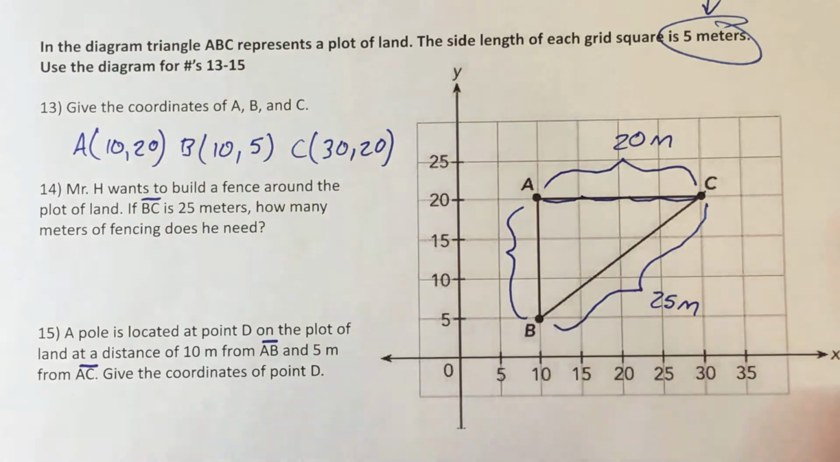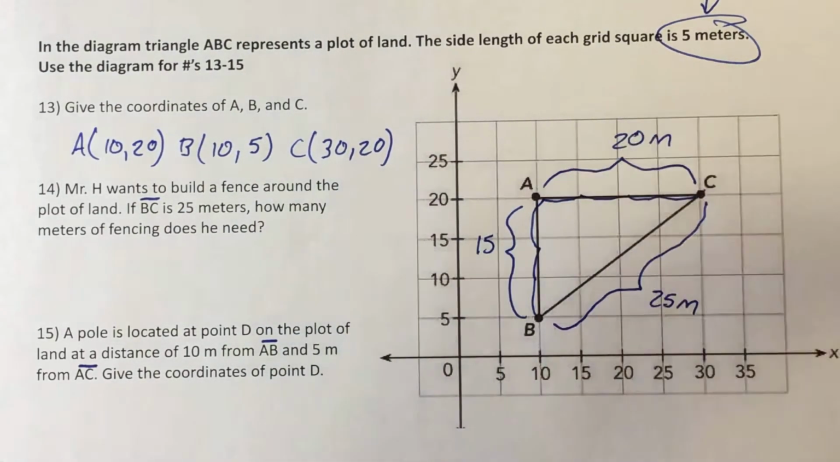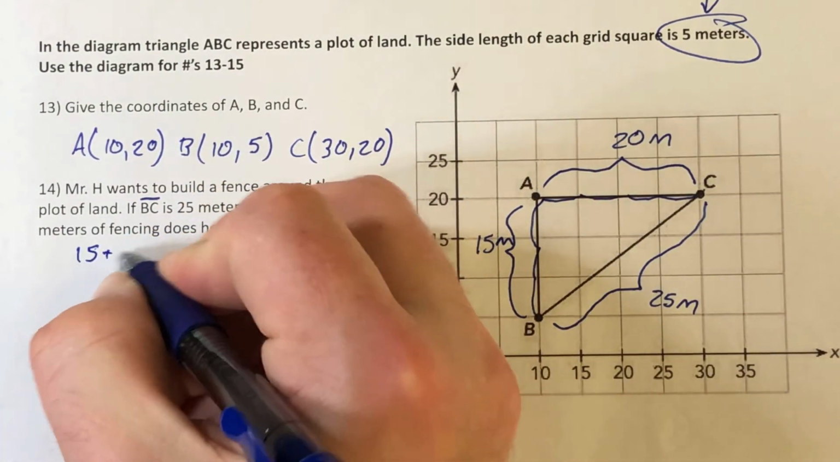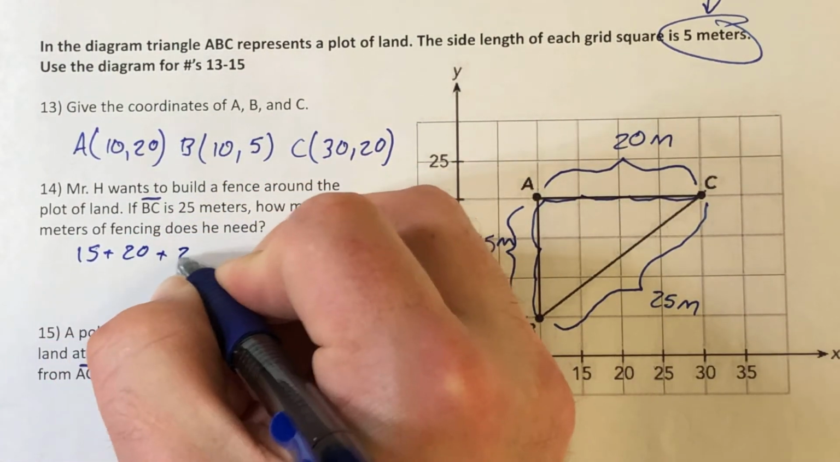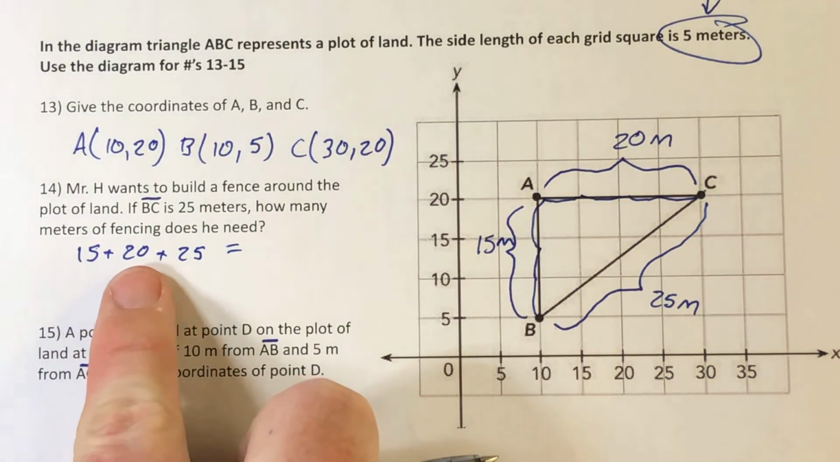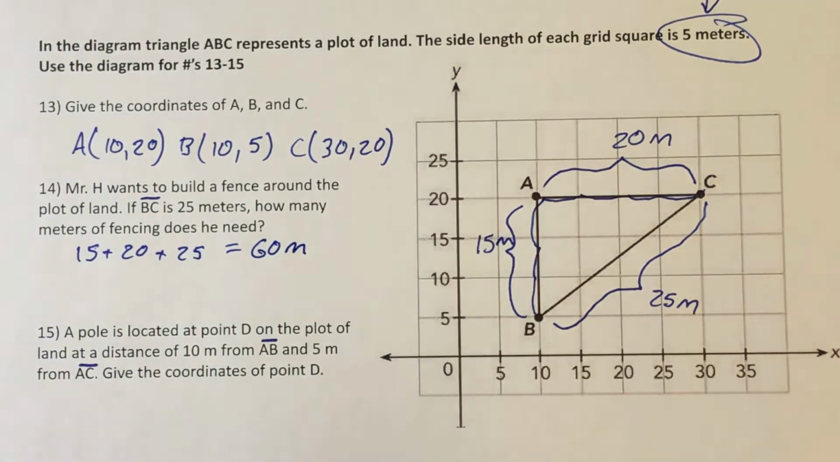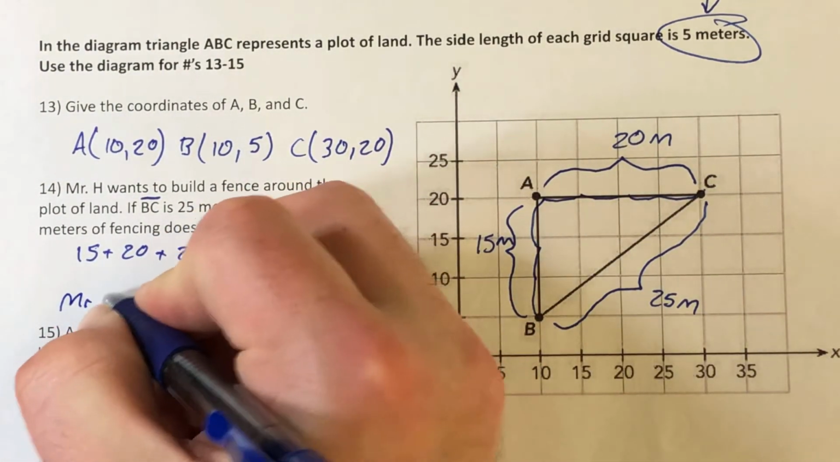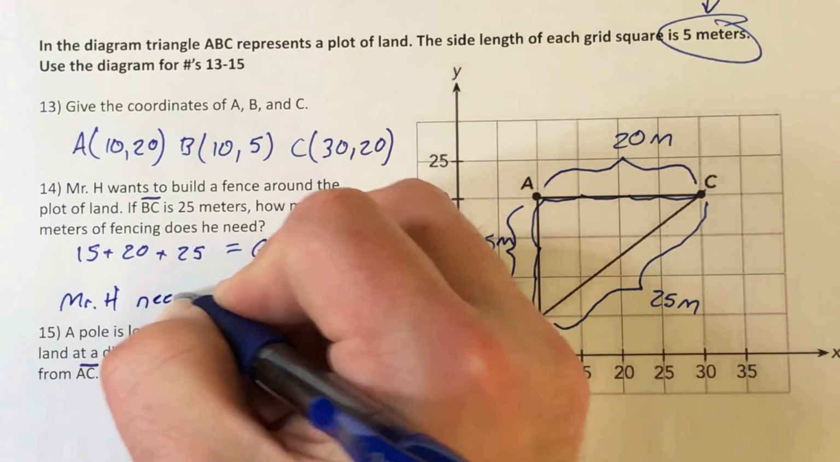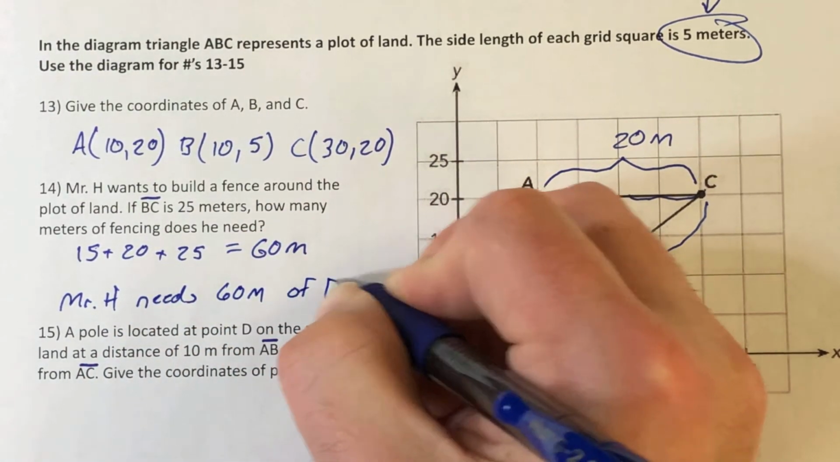Next, line AB. 5, 10, 15. So 15 meters. So we're going to take 15 plus 20 plus 25. And we're going to get 10, 20, 30, 40, 50, 55, 60 meters. So Mr. H needs 60 meters of fencing